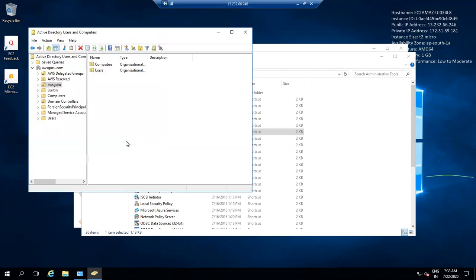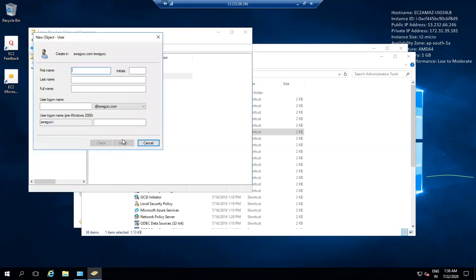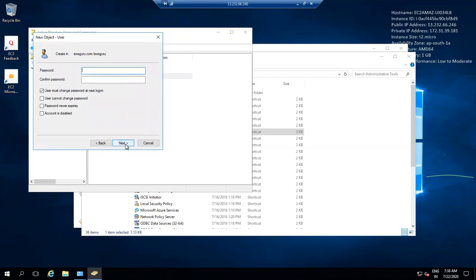See now, when you're logging in as Yuvraj, the domain name is AWS Guru slash your name, Yuvraj. Okay, so I will give you this password, master at 123. Click on next, click on next, yes, and I'll create a user called Venkatesh, Venki, Venki is fine, right? So meantime, let it create Yuvraj.